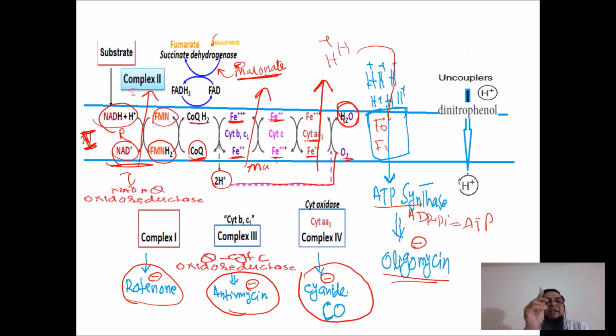As we discussed earlier, there are 3 levels of high energy bonds, where high energy is released as ADP is converted into ATP. These are complex 1, then complex 3, and then complex 4. So NAD enters at complex 1 and attains all 3 levels, whereas FAD enters at the complex 2 level, so it attains only 2 energy levels.